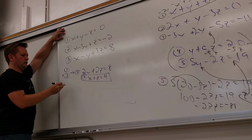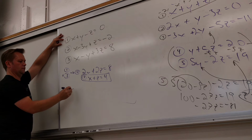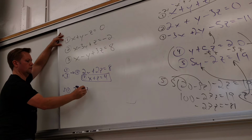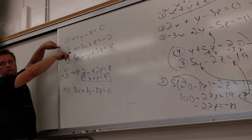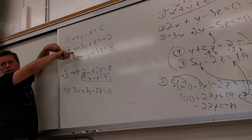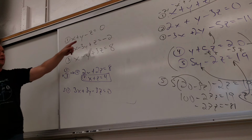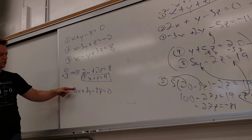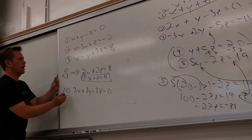I can multiply the first one by 3. So 3 times the first one. What do I get there? I get 3x plus 3y minus 3z equals 0. And then add that to the second one, right? Because then that would cancel with these. How can I kill y? If only there was a 3 there. Okay, there's a 3 there now. Now if I add these, that'll die. So if I add it to the second one,